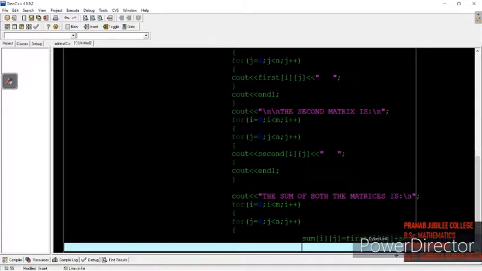Okay, got my point? So after the sum, now you print out the result, right?